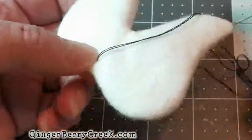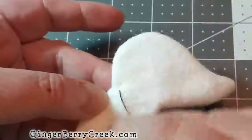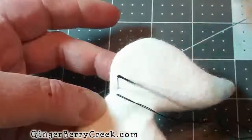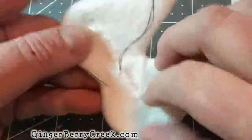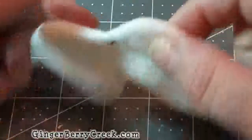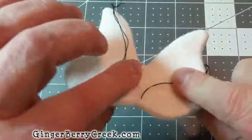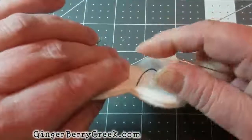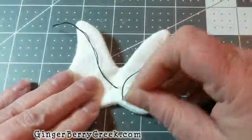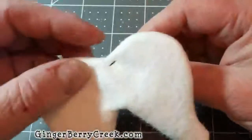So the way I like to do my primitive dolls is I do it this other way. So I will go forward about a 1/4 inch here and insert my needle and push it straight through the fabric. Flip it over and then pull my thread. And then I hold on for a little bit to this long thread tail back here, because you don't want to pull it out. So I give the thread a good tug, and then I leave it on this side, and I go down about a 1/4 inch, flip it over,